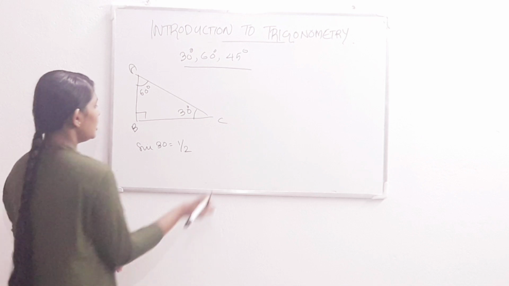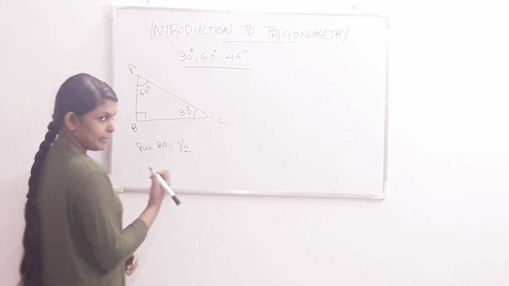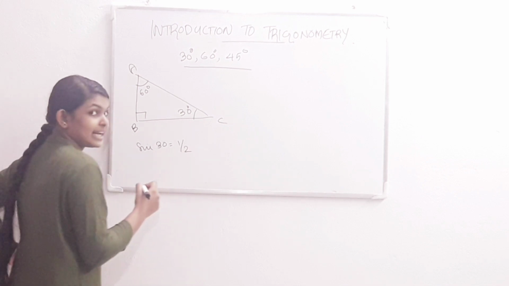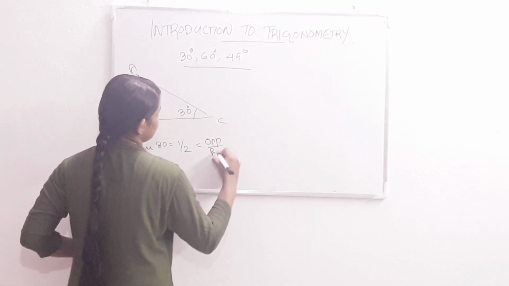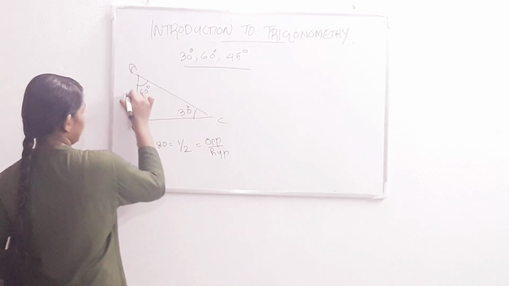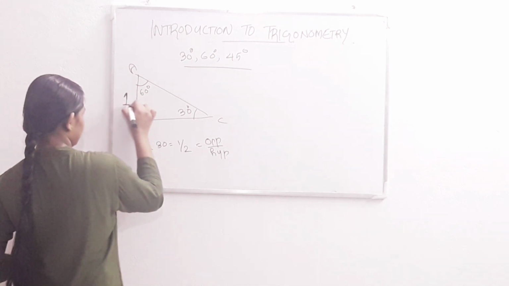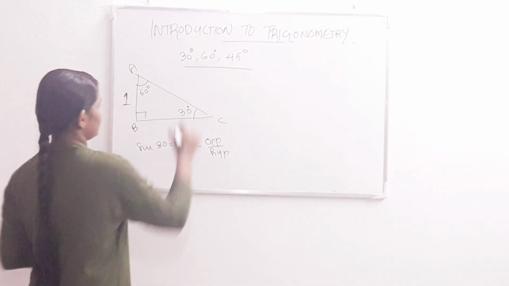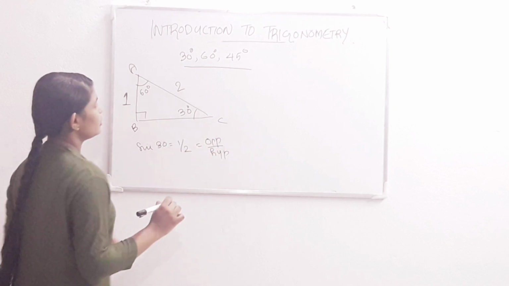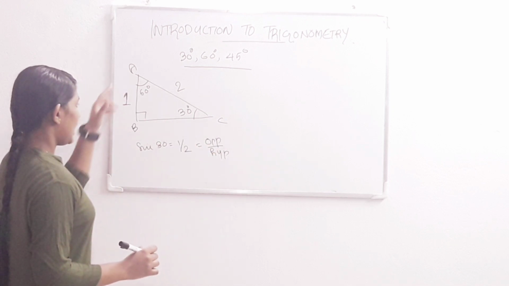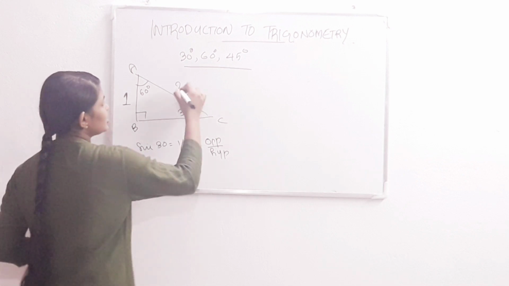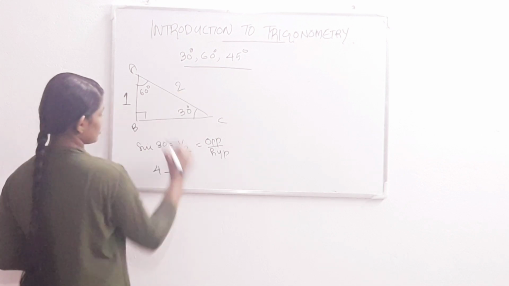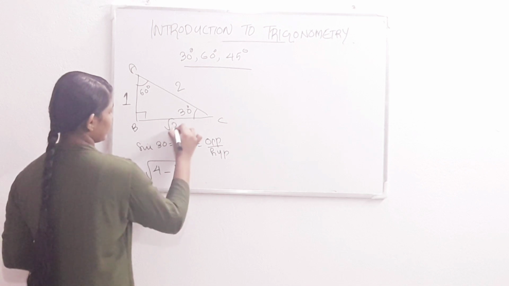Okay. So sin 30 is equal to 1 by 2. What is the definition of sin theta? Sin theta is equal to opposite side divided by hypotenuse. So here we give opposite as 1 and hypotenuse 2. Okay. So this BC will be equal to root of AC square minus AB square. Alright. We are using the Pythagoras theorem here. Okay. So 2 square is 4. So 4 minus 1 square, 1, and the root. So it is equal to root 3. Okay.